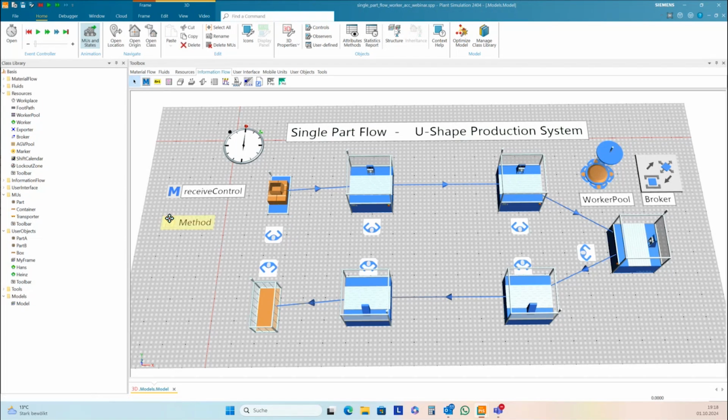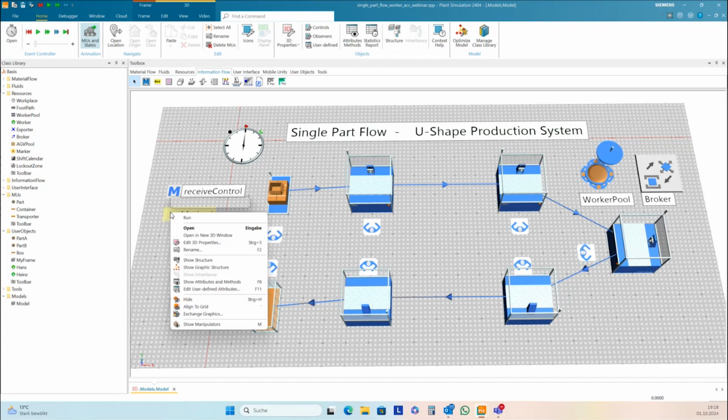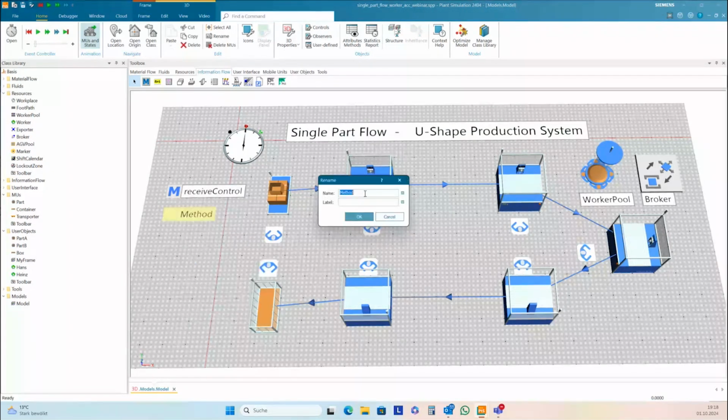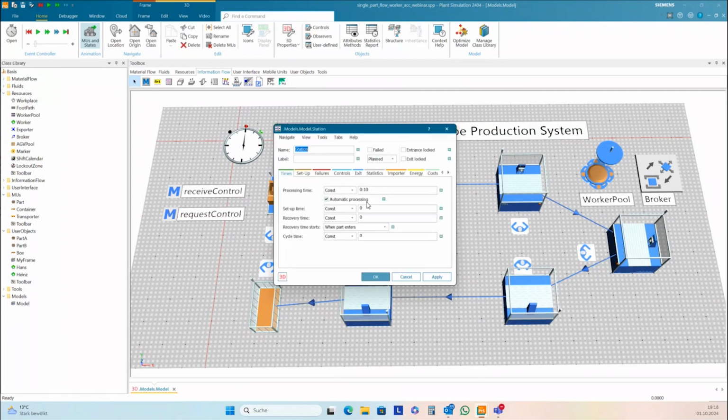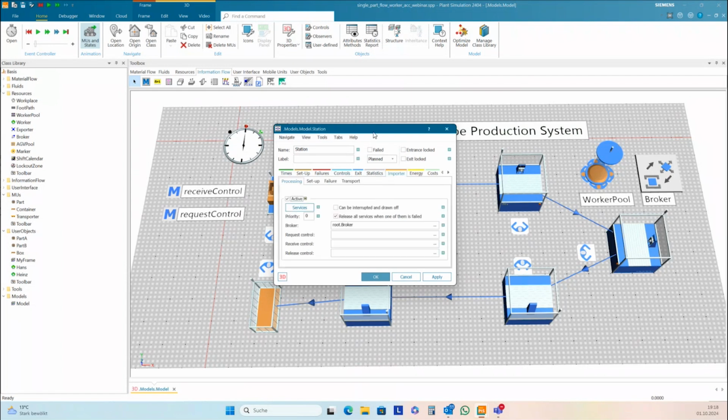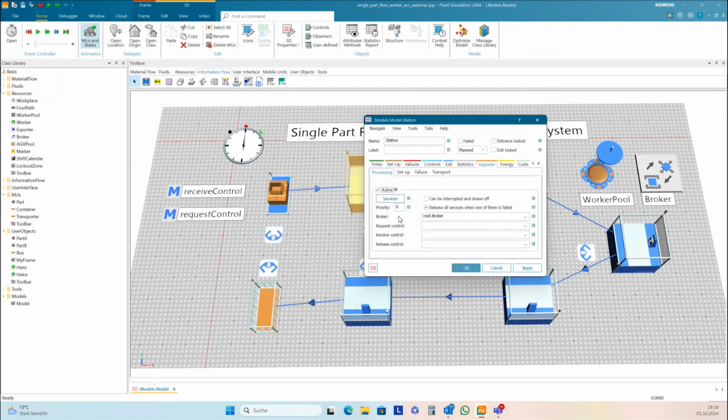We need this method in different places, and so I create this method here. And to have the right format, I assign this request control here to the importer for the first station as request control.